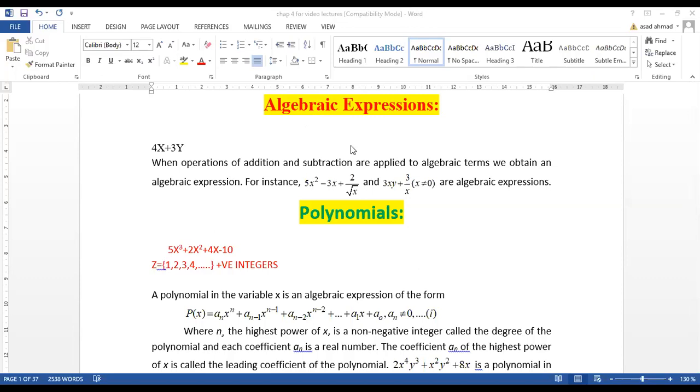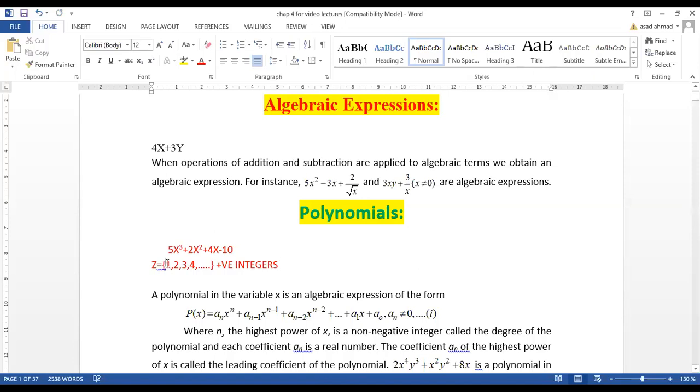Now integers can be of both types, either positive or negative. After this term, I will include one more thing. You can see that I have not included 0 in it. 1, 2, 3, 4 and up to positive infinity, all such numbers are the positive integers.